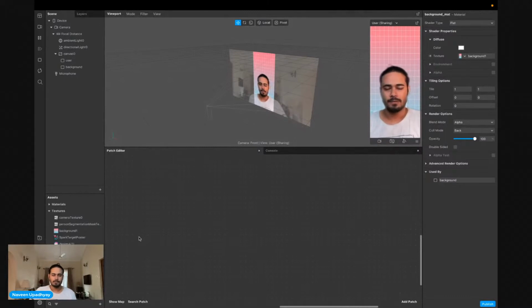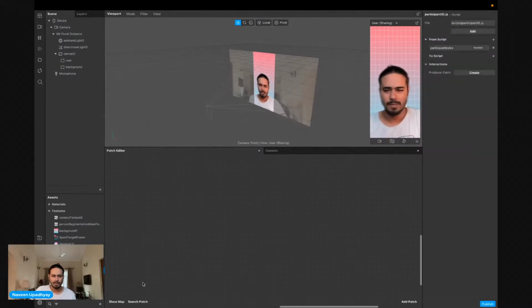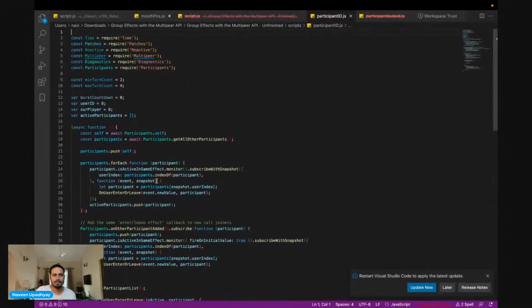Okay. There are a couple of patches. About the script and variables, don't worry about it. This script was made by Dude SG. You can follow his work on Instagram. He's great, always brings new stuff to Spark AR, and it's always exciting to watch his work. There was another script which was default by Spark, but this is much better. This is a good way to know the participant ID, and it's a very small script. There's nothing much to it.